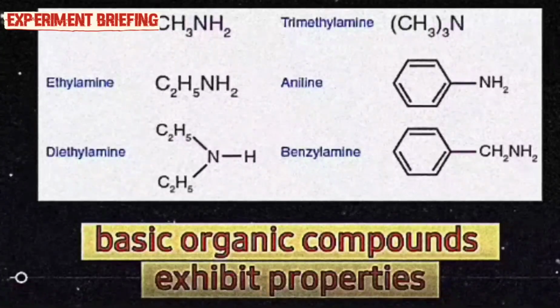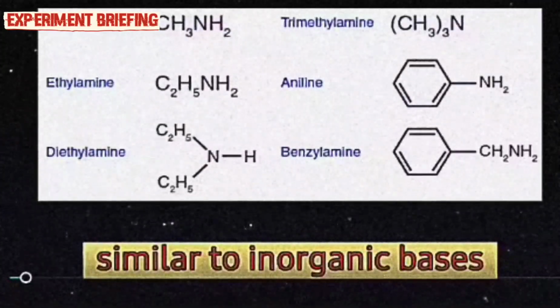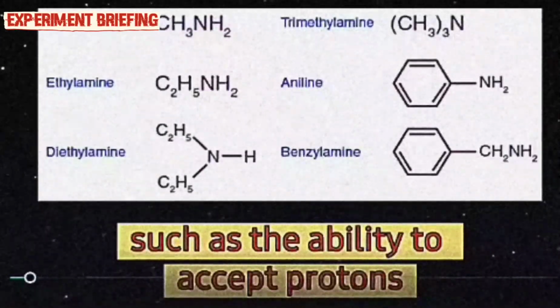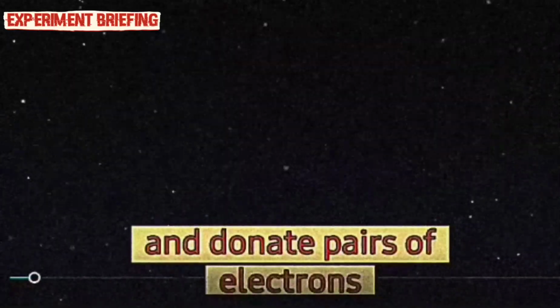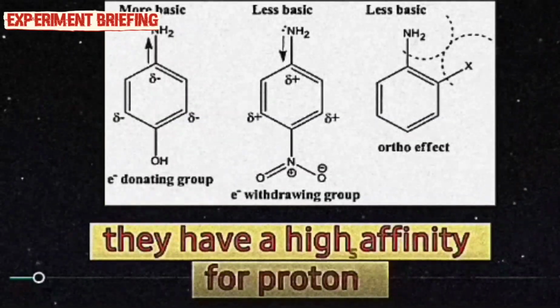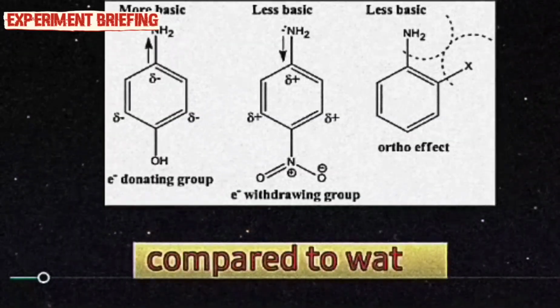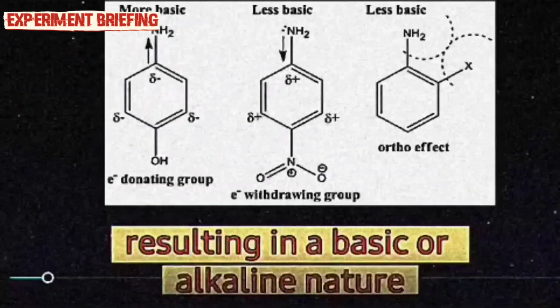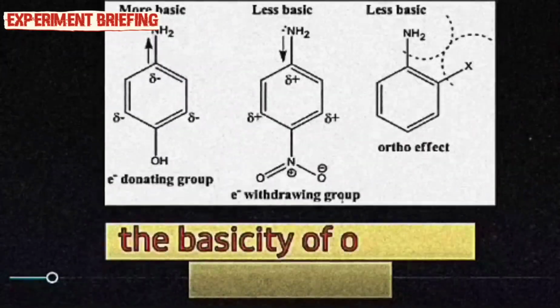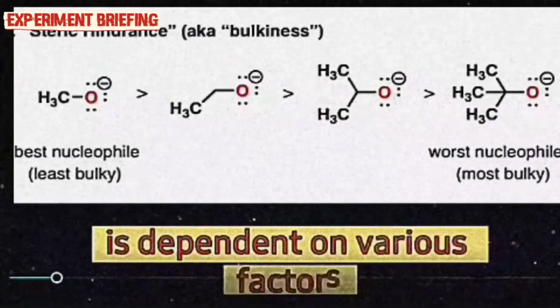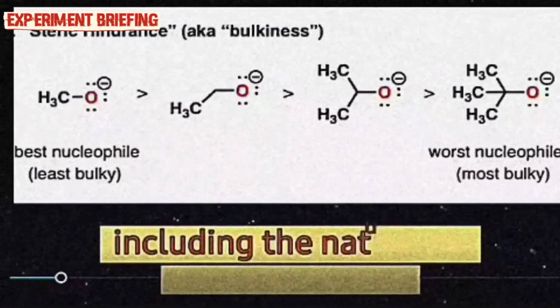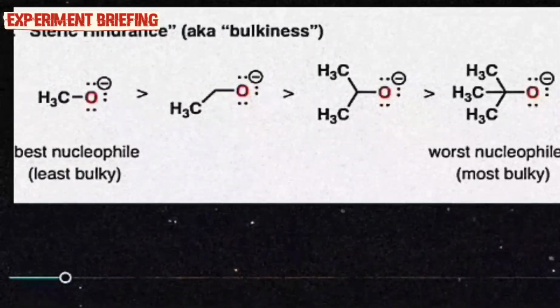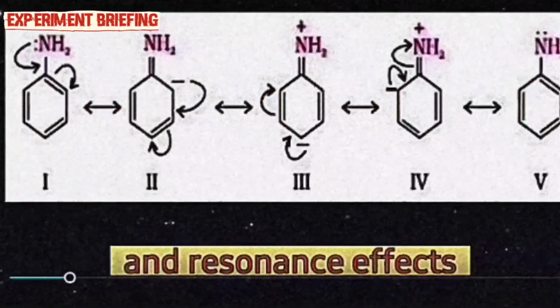Basic organic compounds exhibit properties similar to inorganic bases, such as the ability to accept protons and donate pairs of electrons. They have a higher affinity for protons compared to water, resulting in a basic or alkaline nature. The basicity of organic compounds is dependent on various factors, including the nature of the substituent, steric hindrance, and resonance